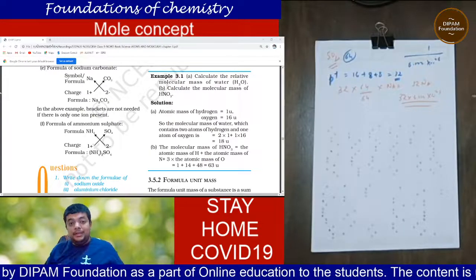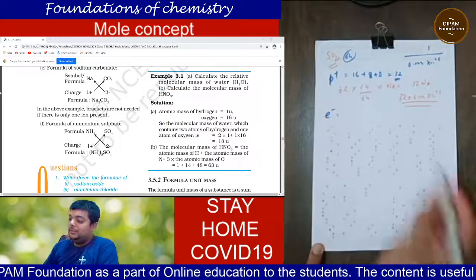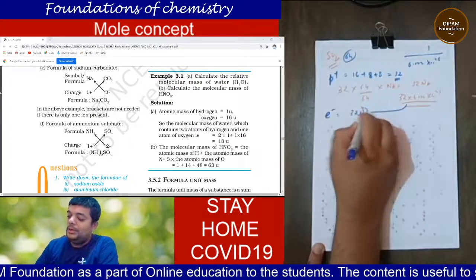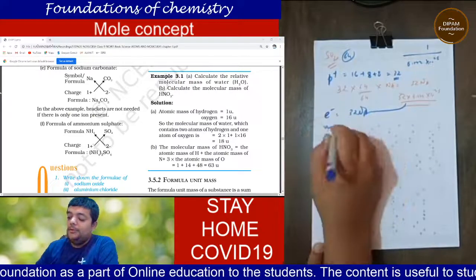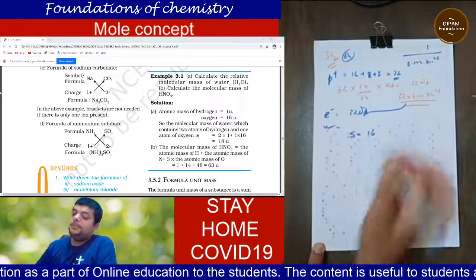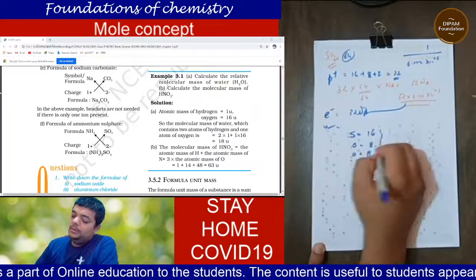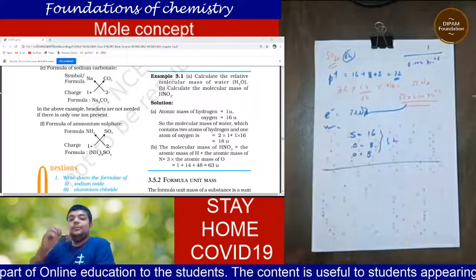I think you are getting it. Now, number of electrons: we know the number of protons is equal to the number of electrons, so no need to calculate, 32 Na. And number of neutrons, we know that in sulfur there are 16, in oxygen there are 8, so it will also end up to 32. So this is how you can calculate.